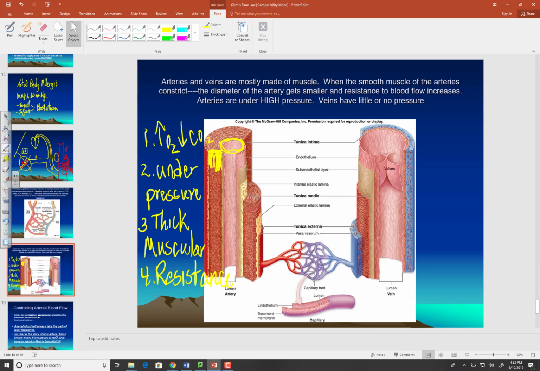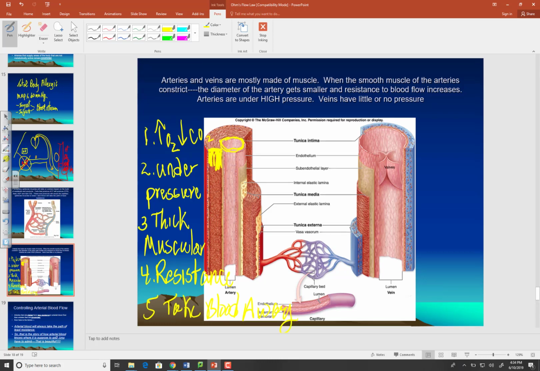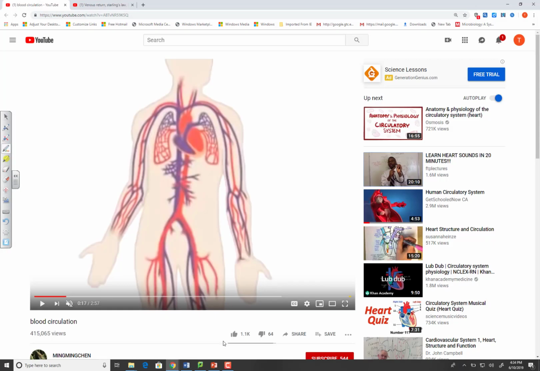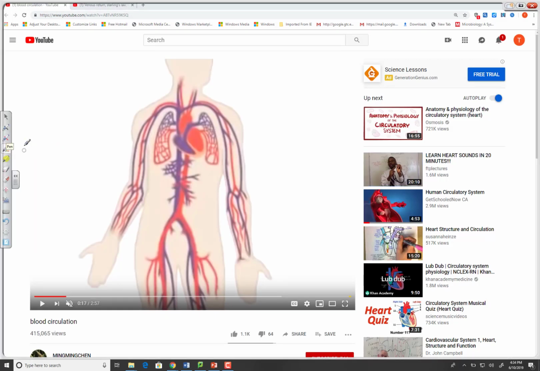So systemic arteries carry blood that's high in oxygen and low in carbon dioxide, and in the strictest of definitions, an artery takes blood away from the heart. Away from the heart. So if you look, here's the heart, the left heart. And the systemic arteries are taking that blood away from the heart